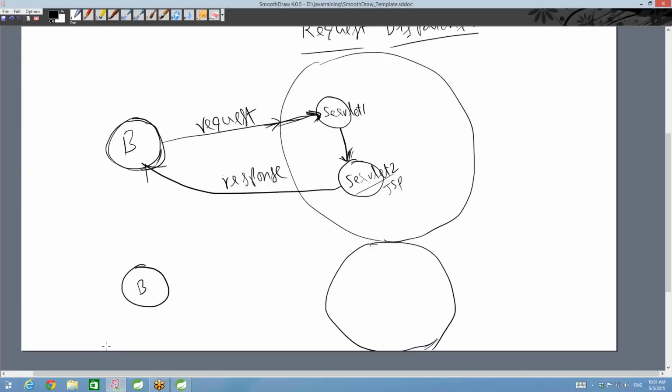It happens in cases where one company takes over another company, and then there's no more sun.com. When somebody tries to go to sun.com, we have to redirect the user to oracle.com because Sun has been bought by Oracle. In that case, what happens is, when a request is made